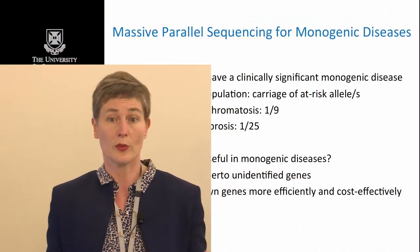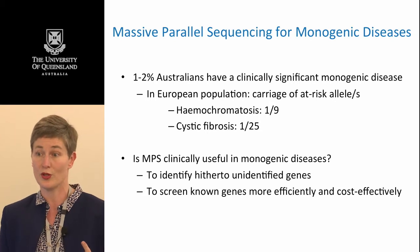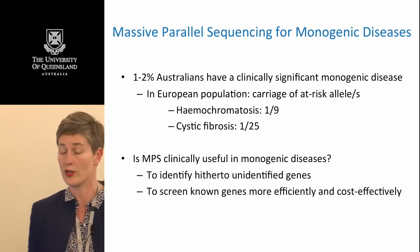When I was thinking about this afternoon, and I hope that this doesn't bring home any grief to anybody in the audience, I thought that in the audience here we're going to have 4 people who are carriers for hemochromatosis, and one person who is, yes, thank you, my husband,